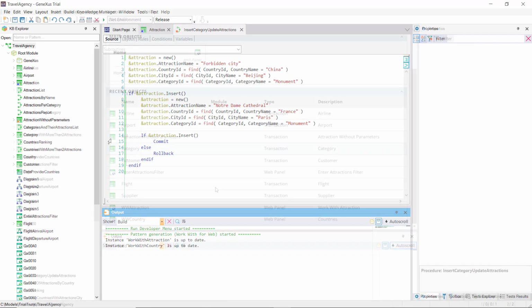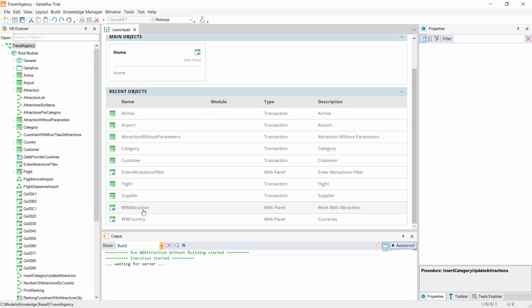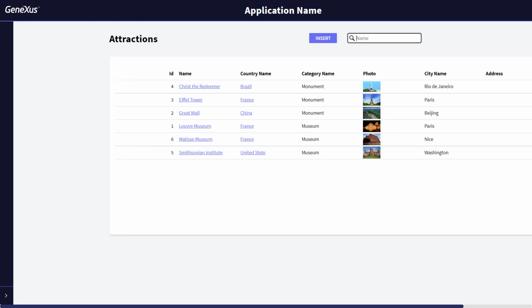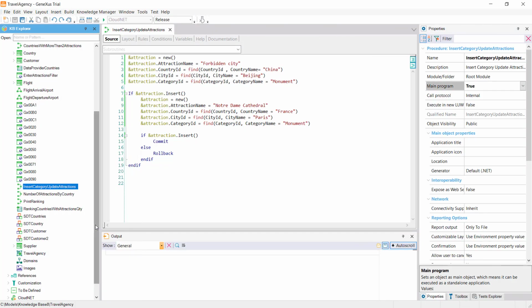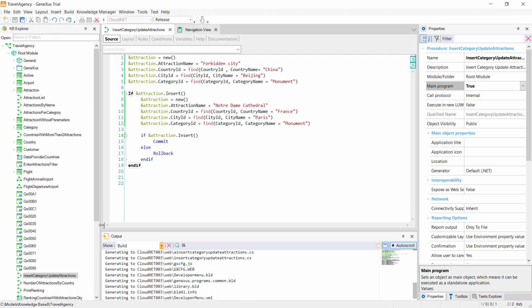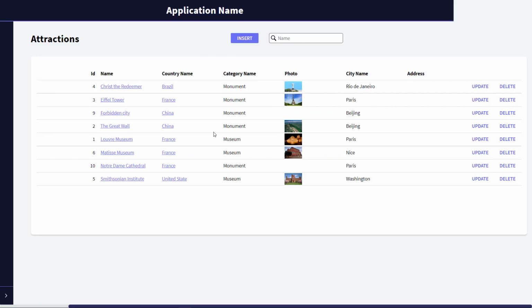Let's run it. Let's see the attractions. We'll run the procedure, and we'll go back to Work with Attractions. Now we have 9 and 10.